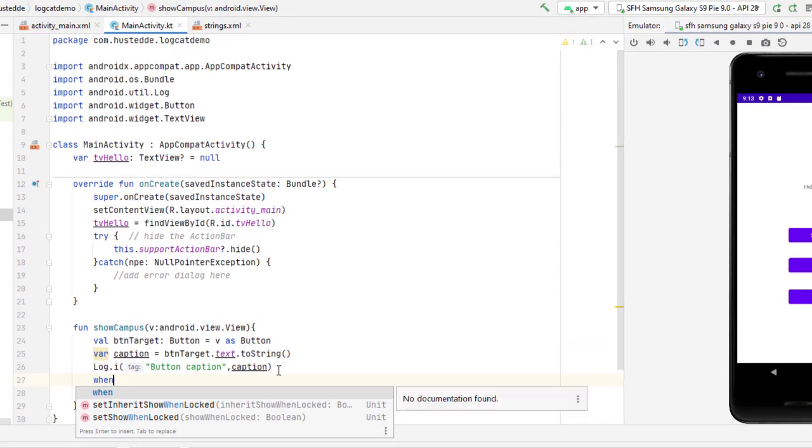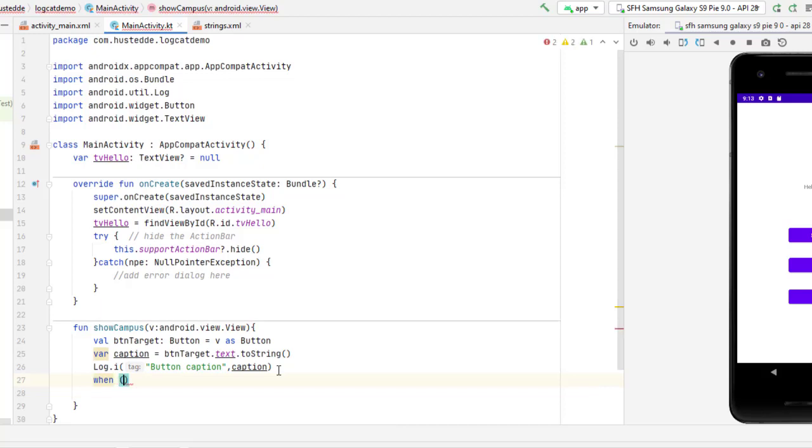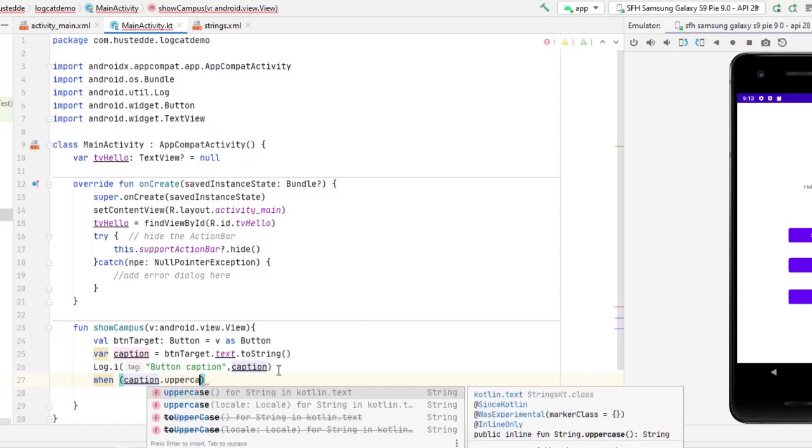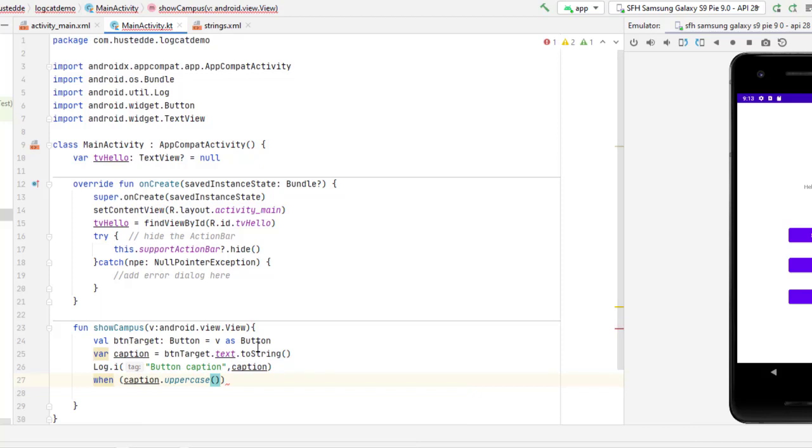And I can use a when structure, much like a switch case structure. So when, and I'm just going to look at caption. In fact, just to be safe, I'm going to say caption dot uppercase, since we're going to do a comparison here. And when that is SMCC, we can specify TV hello,